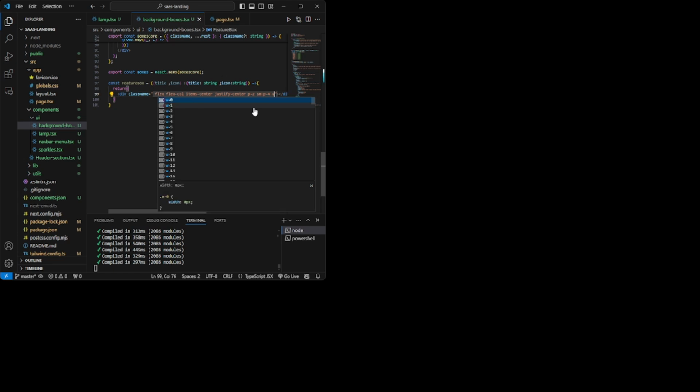The width of the box should be 24 and the height should also be 24, since I want it to be a square. In small devices, the width should be 32 and the height also should be 32.